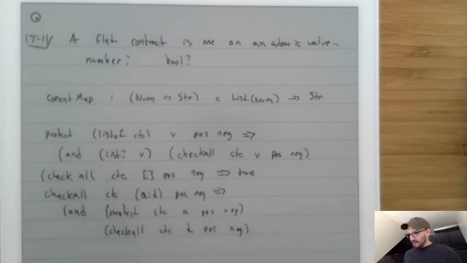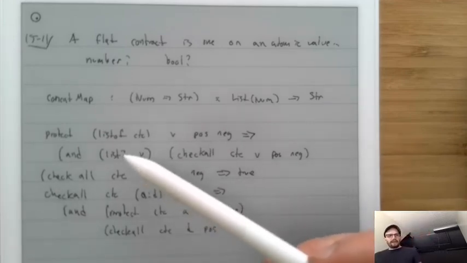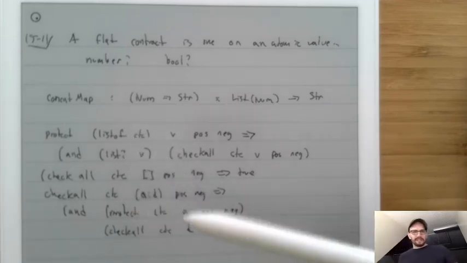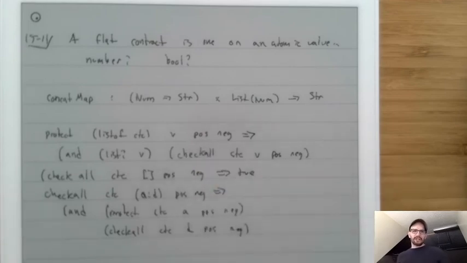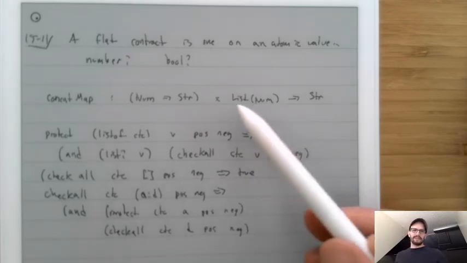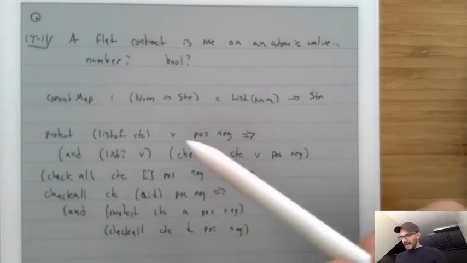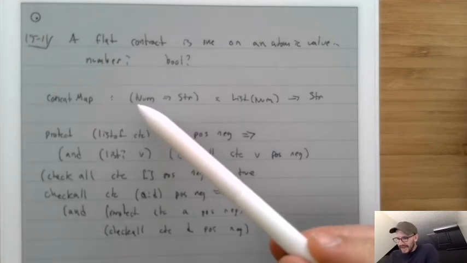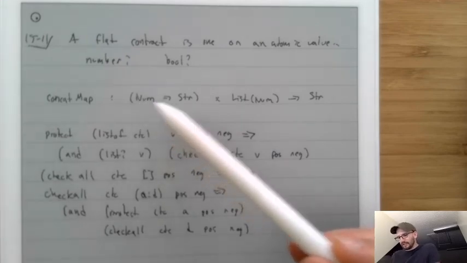And so what this is going to do is, when we have a list-of contract, it's going to make sure it's a list, and then recur through the entire list, checking to make sure that everything is valid. Okay, so that's how we could check that concat_map was given this thing right here. But how could we make sure that concat_map was actually given a function that took a number and returned a string? In other words,